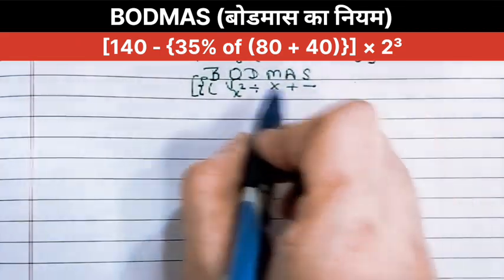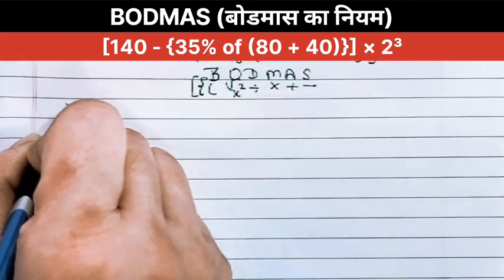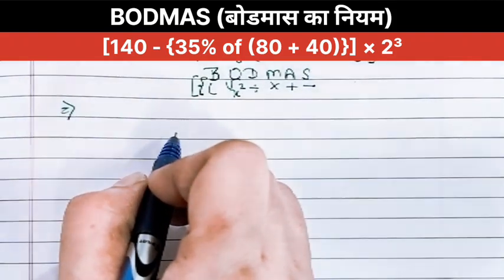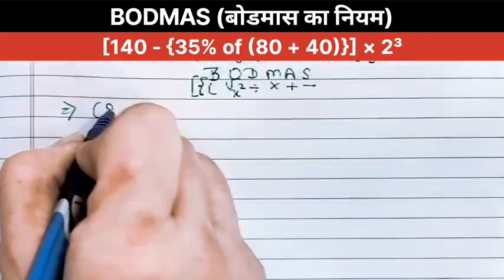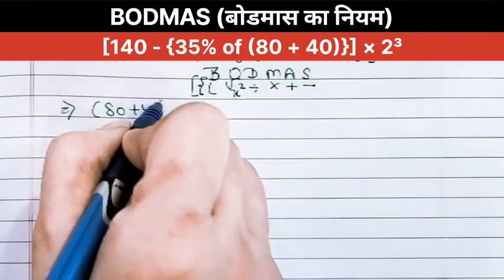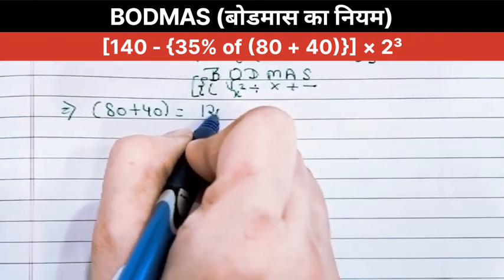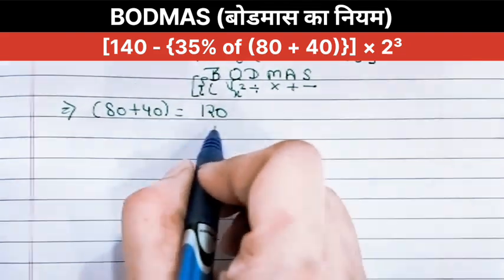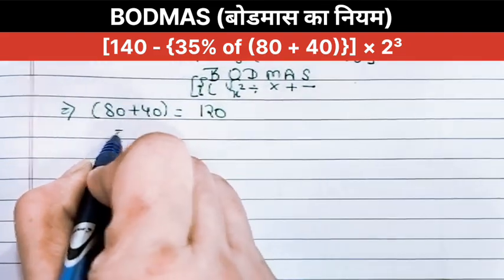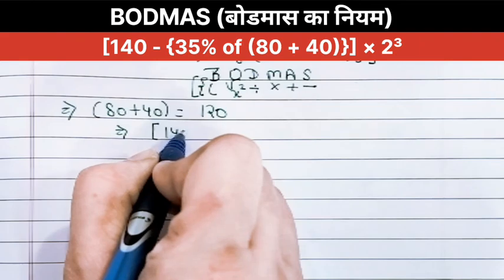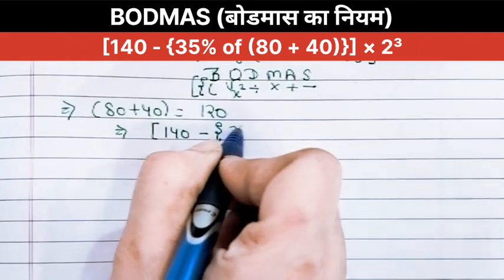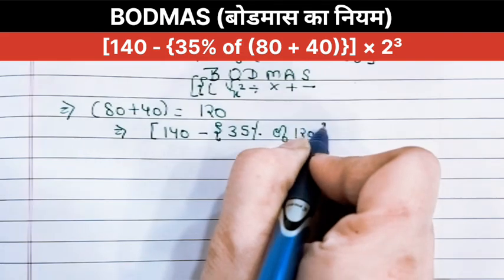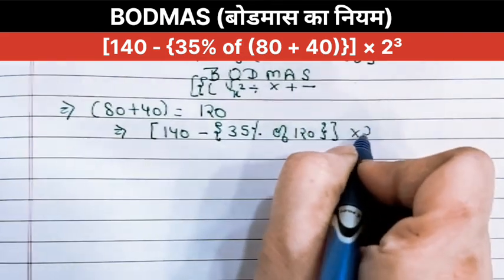Now according to this BODMAS sequence, we'll break down this expression by the step-by-step solution. First step says innermost bracket first, solve the parentheses. In this expression there is a parenthesis 80 plus 40 and it will become 120. According to this step, always simplify from the inside out, starting with the small parenthesis. Now the current expression becomes square bracket 140 minus curly braces 35% of 120 curly braces, close square bracket, multiplied by 2 power